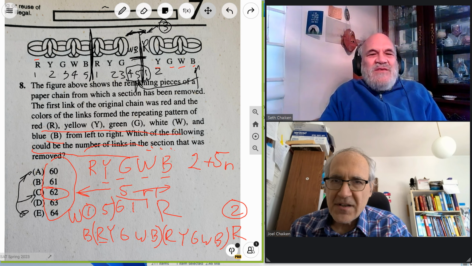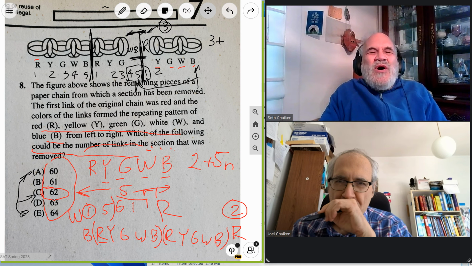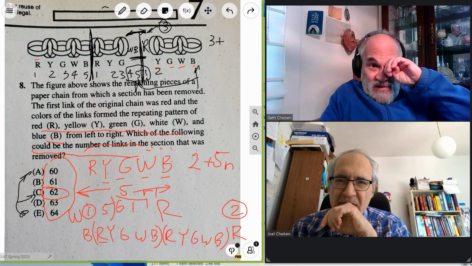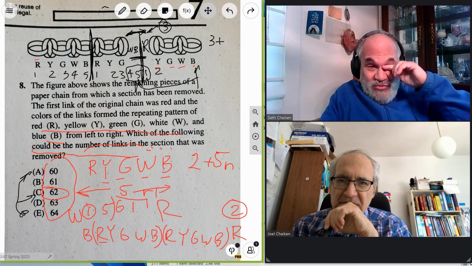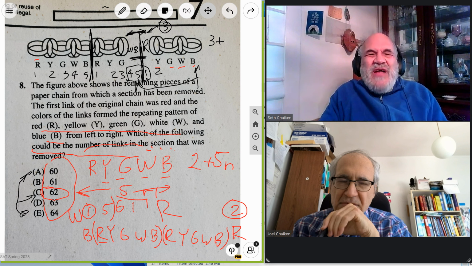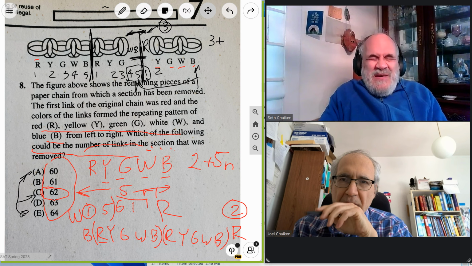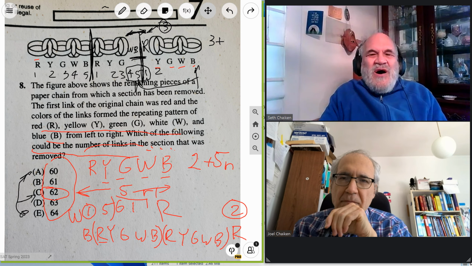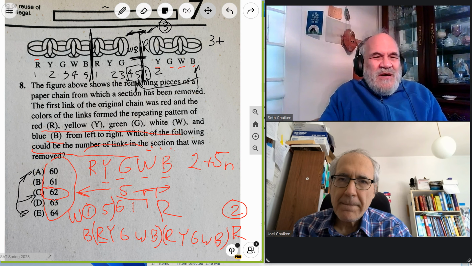There's a reason why the smallest possible gap is 3 because after G, there must be a W, and the W is not a Y. So there must be a W. That's 1. After the W, there must be a B. Well, B is not a Y, so there must be a 2. Right. And then after the